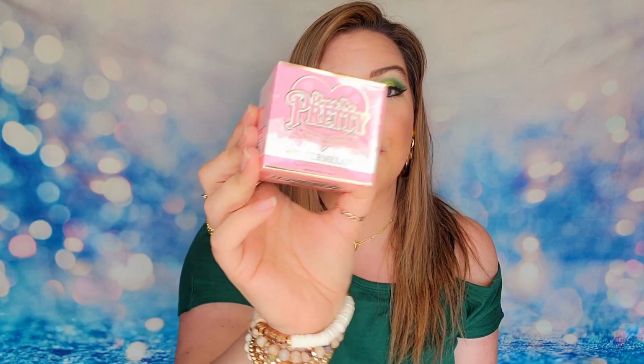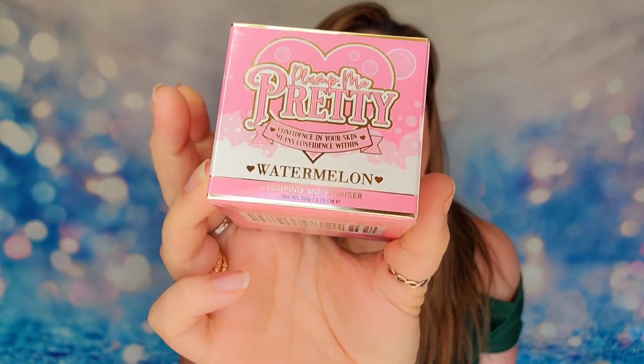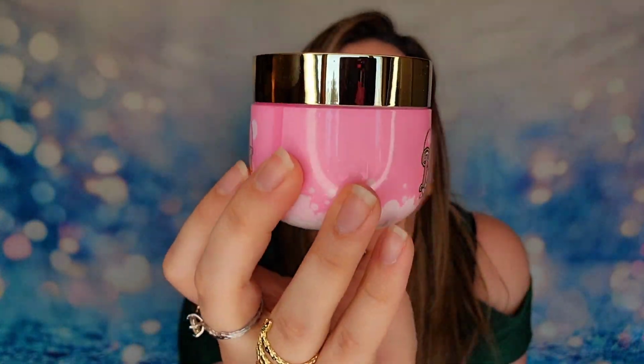So next item that I have in here is called the Plump Me Pretty. It is a plumping moisturizer that we have here. Okay, so full-size product. The scent that I have is watermelon, and sometimes the scents will vary from box to box. Oh, this is cute. So here's our packaging. Very adorable. And then inside, we're going to have our moisturizer, and oh, it is